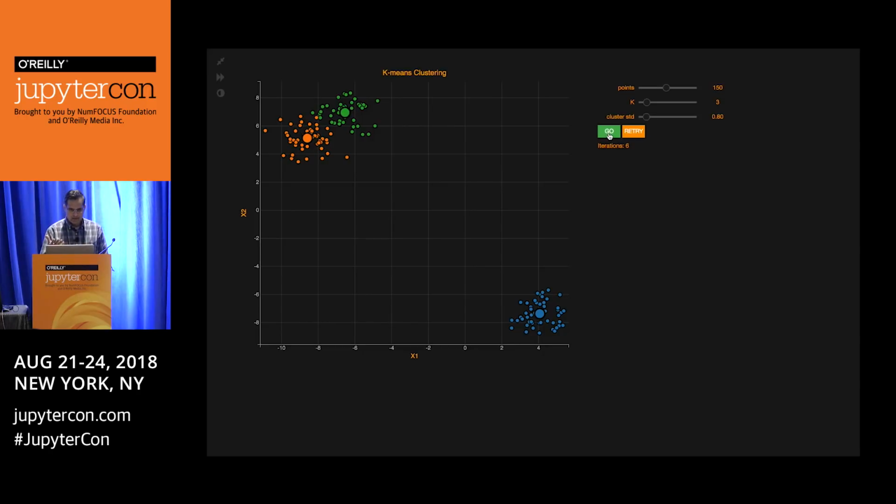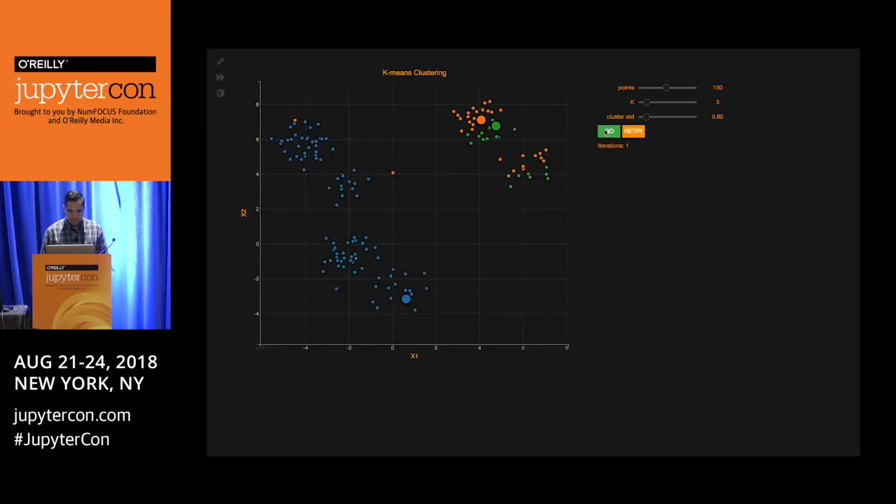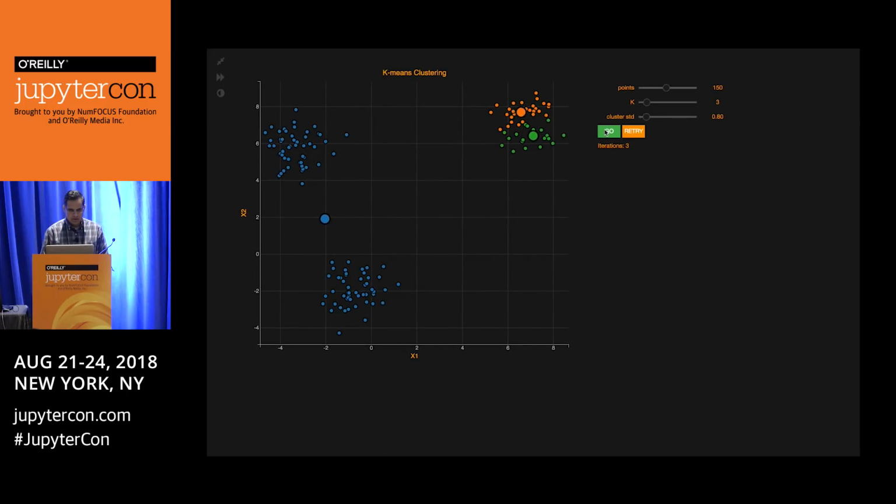We see that in 5 or 6 iterations, it was able to converge. Okay, here we see that the algorithm got stuck in the local minimum, right? So let me try to recenter the centroids, and you immediately see that it was able to fix the problem. We can now try for